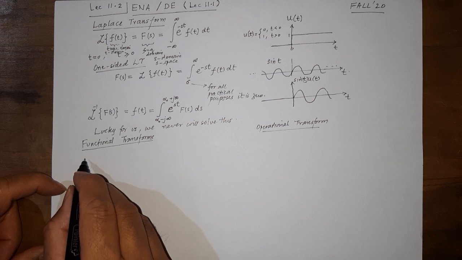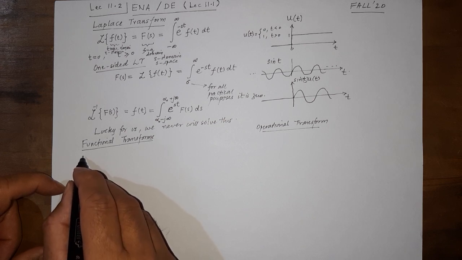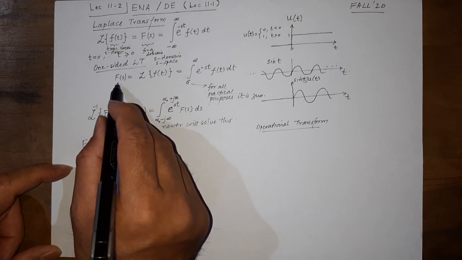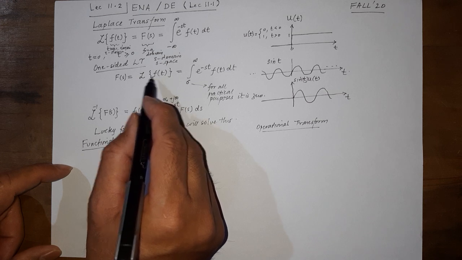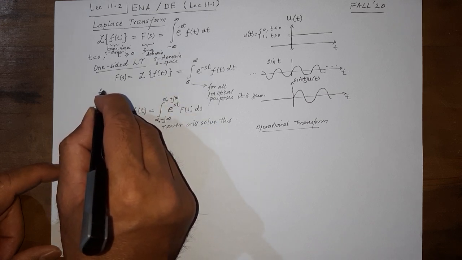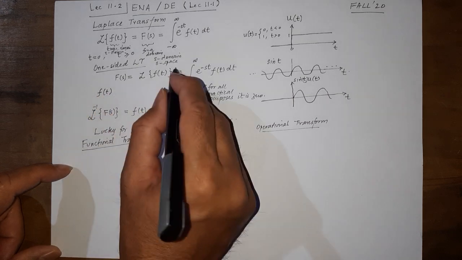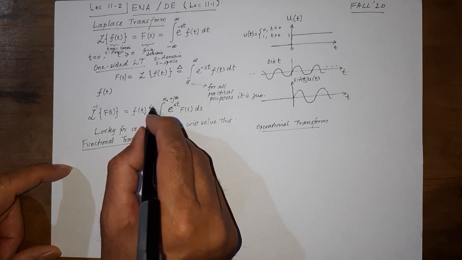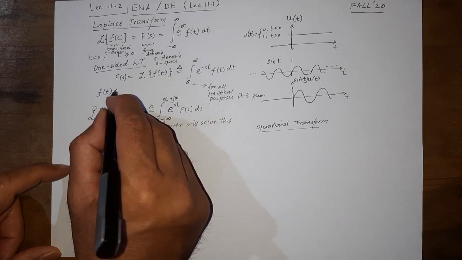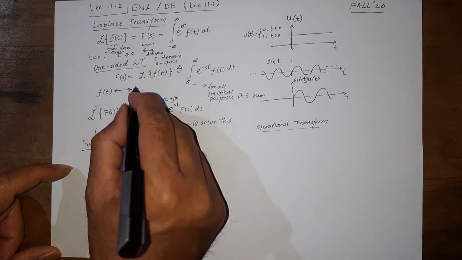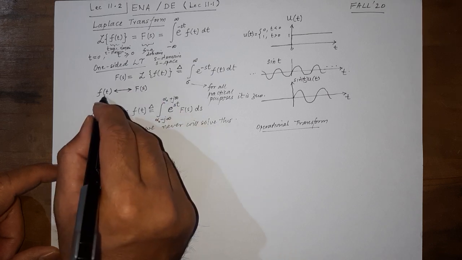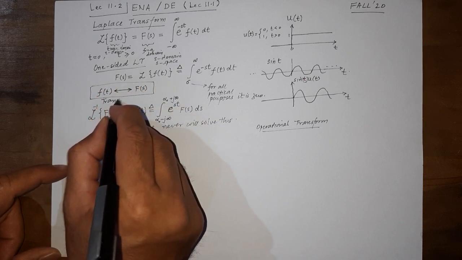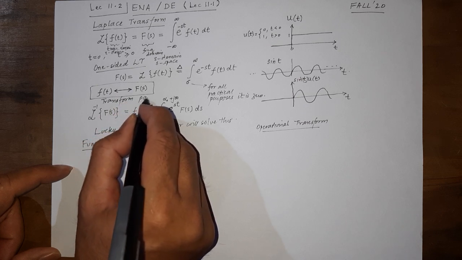So for example, u(t) itself. One important thing: we write these f of t and f of s as a transform pair. So we use this notation. This triangle, by the way, means that by definition, this is how it is defined. So f of t, and with the double-sided arrow, whenever you encounter something like this, it means this represents our transform pair.